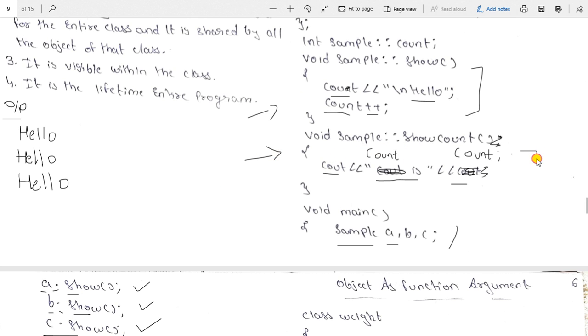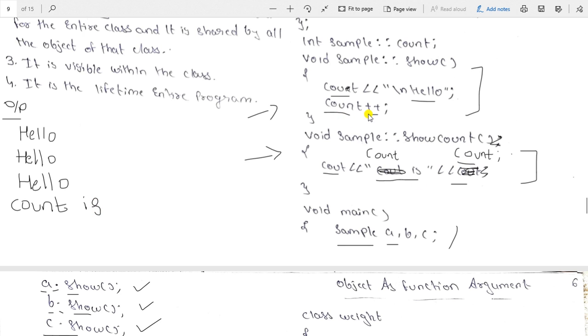Whatever I have written in this function will be executed. I have written a simple statement, count is, and it will be printed as it is. Then I have written count here.